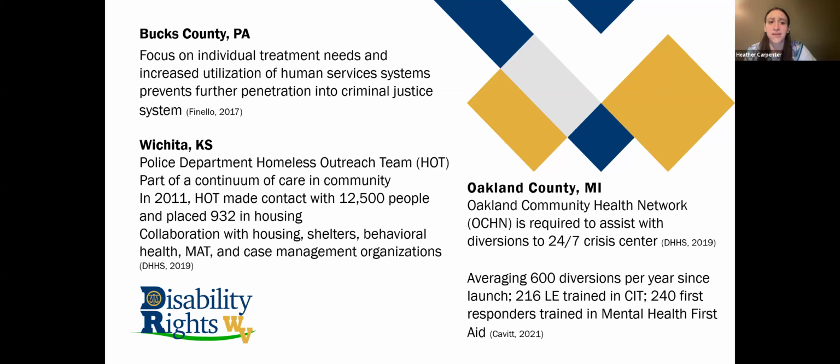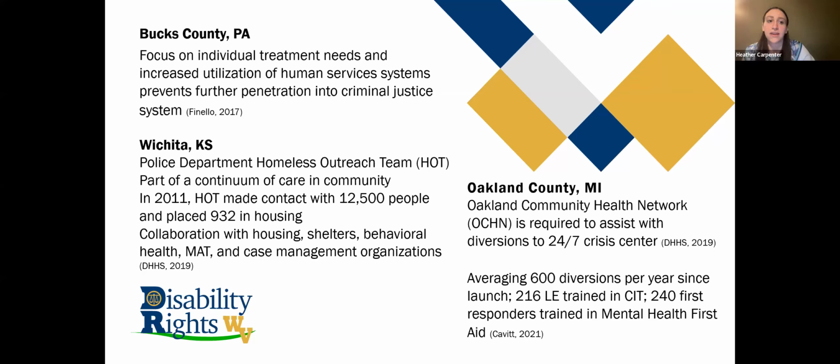And then HOT also conducts education and outreach activities with other agencies and the public to address misinformation and misguided attempts to help people experiencing homelessness, which is really important because they are a very misunderstood population. And then finally, in Oakland County, Michigan,